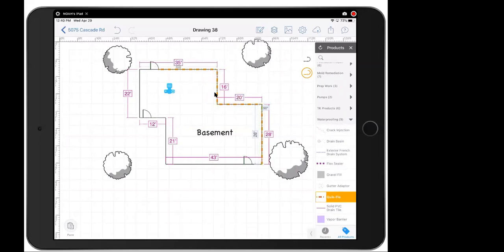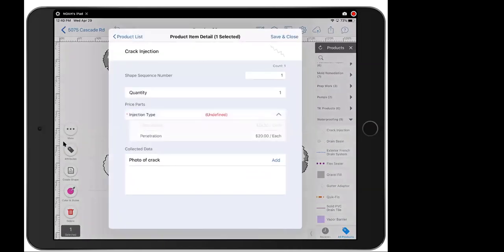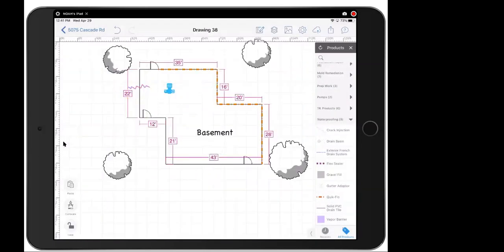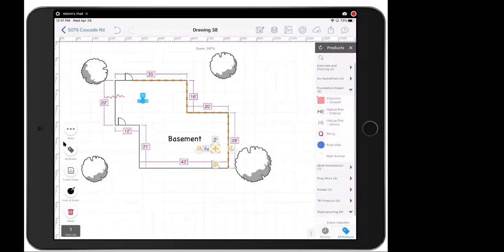And let's go ahead and add some other things to this job. Let's say we're doing some crack repair, for instance. I would select crack repair from products, move the shape into position. After I've dropped it wherever that crack is, I'm going to go to Attributes, define an injection type, maybe how big the crack is, save and close when I'm all done. And yeah, let's go ahead and add some piers maybe to this particular one. So we'll add some helical piers on the outside,